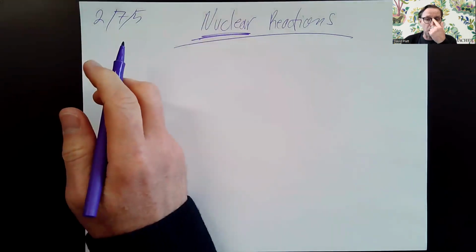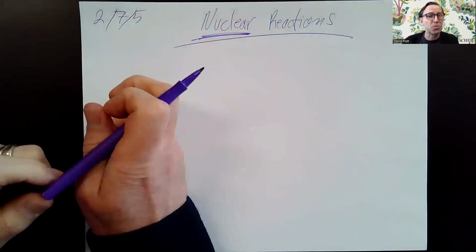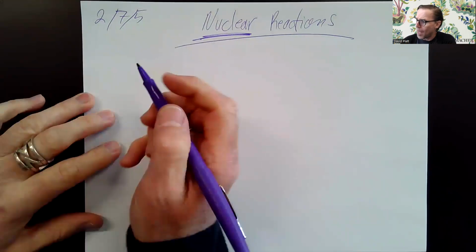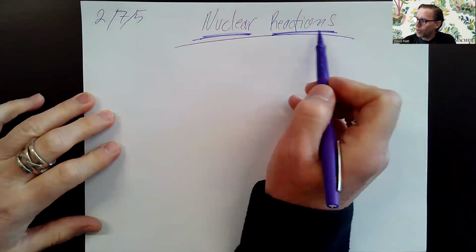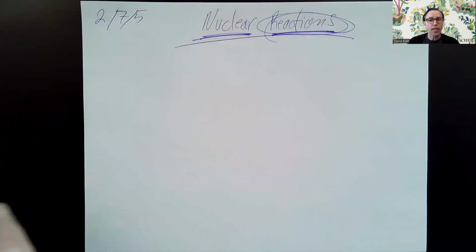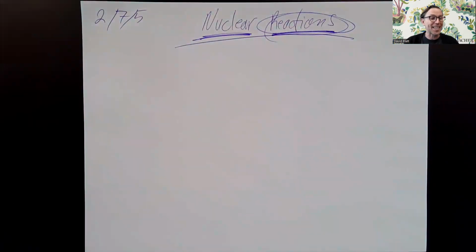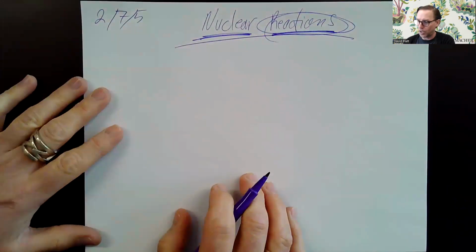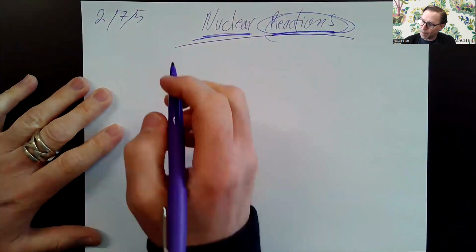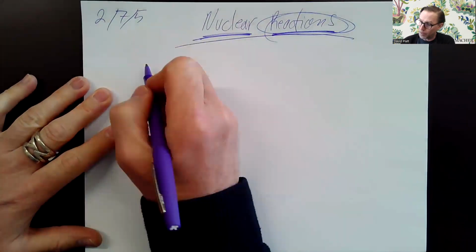So let's use this brilliant technique that I call reading all the words. Nuclear, something having to do with the nucleus. And then reaction. We are using the word reaction here just like we use the word reaction in chemistry. So as you might remember, a chemical reaction is when we take different compounds like